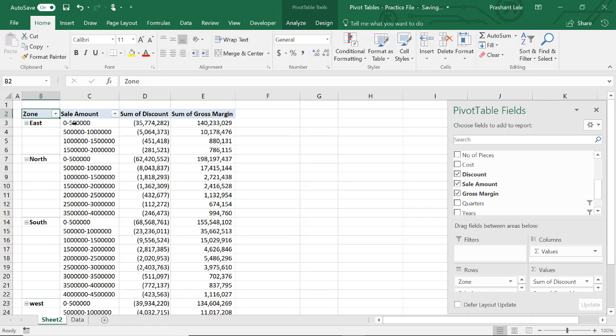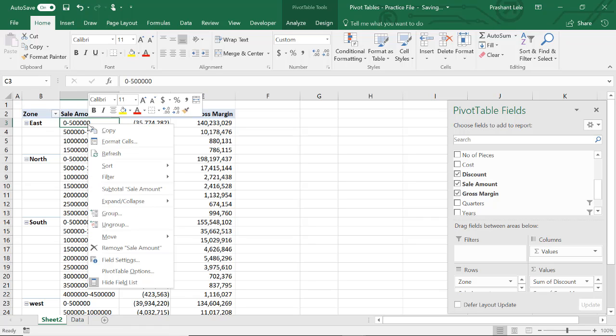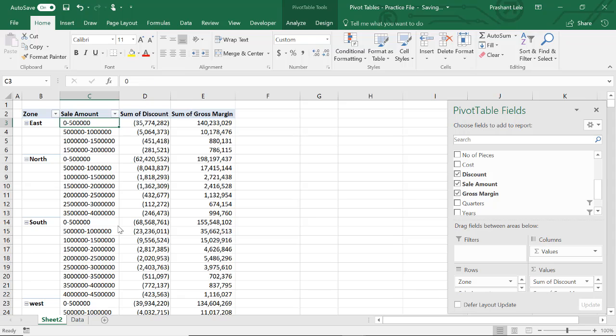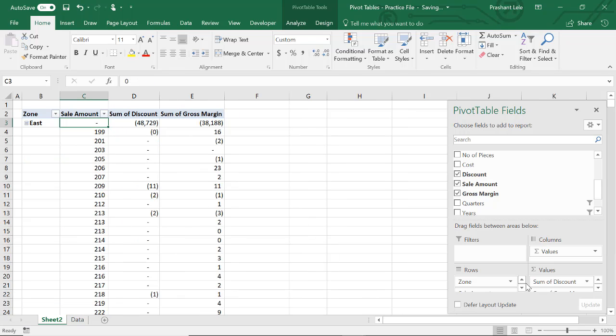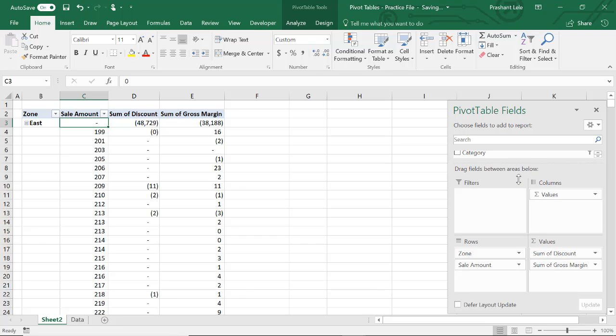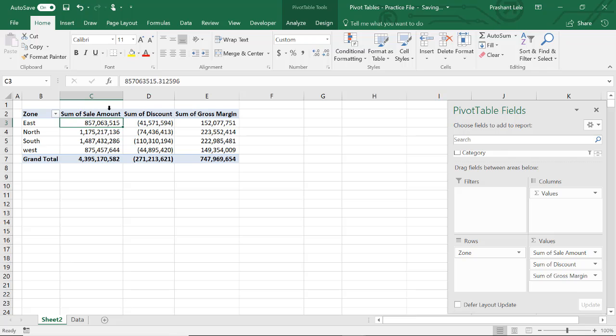Oh, this sales amount is still grouped, so we need to ungroup it. Sales, discount, gross margin.